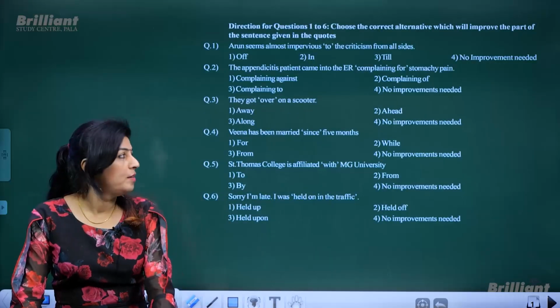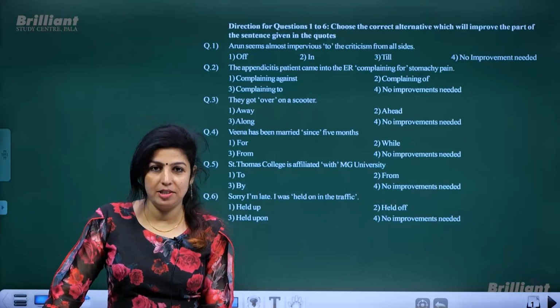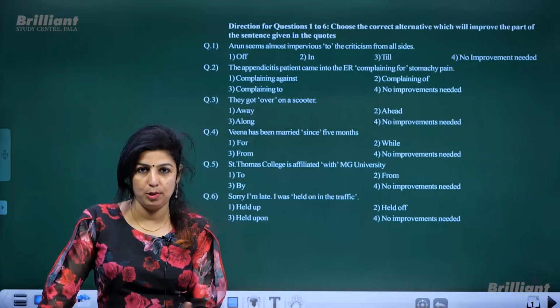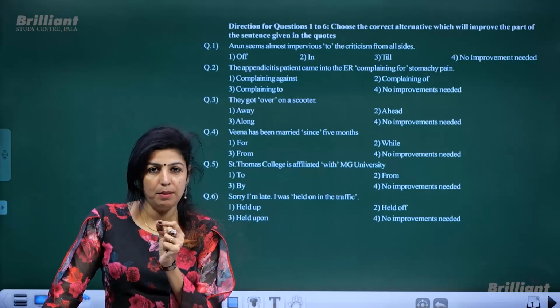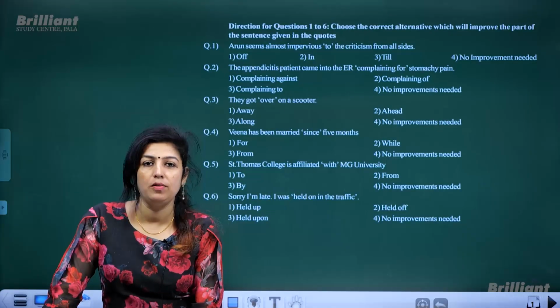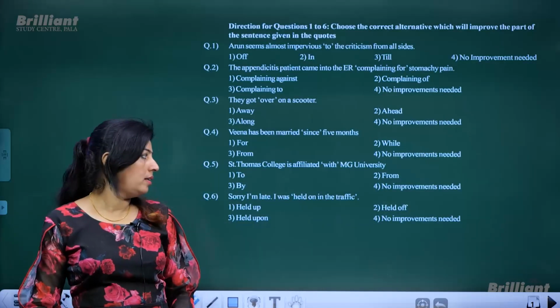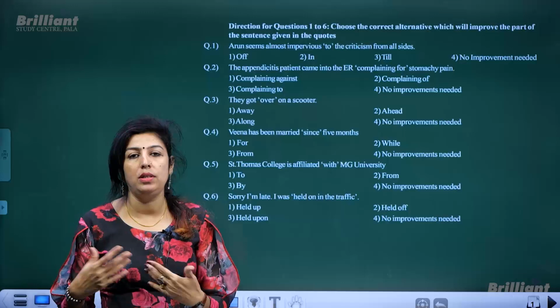Hello students. So we are back to the discussion session, and this time, as you might have noticed, there are a little bit of changes regarding the format of the question paper, and this time purposely we have included more number